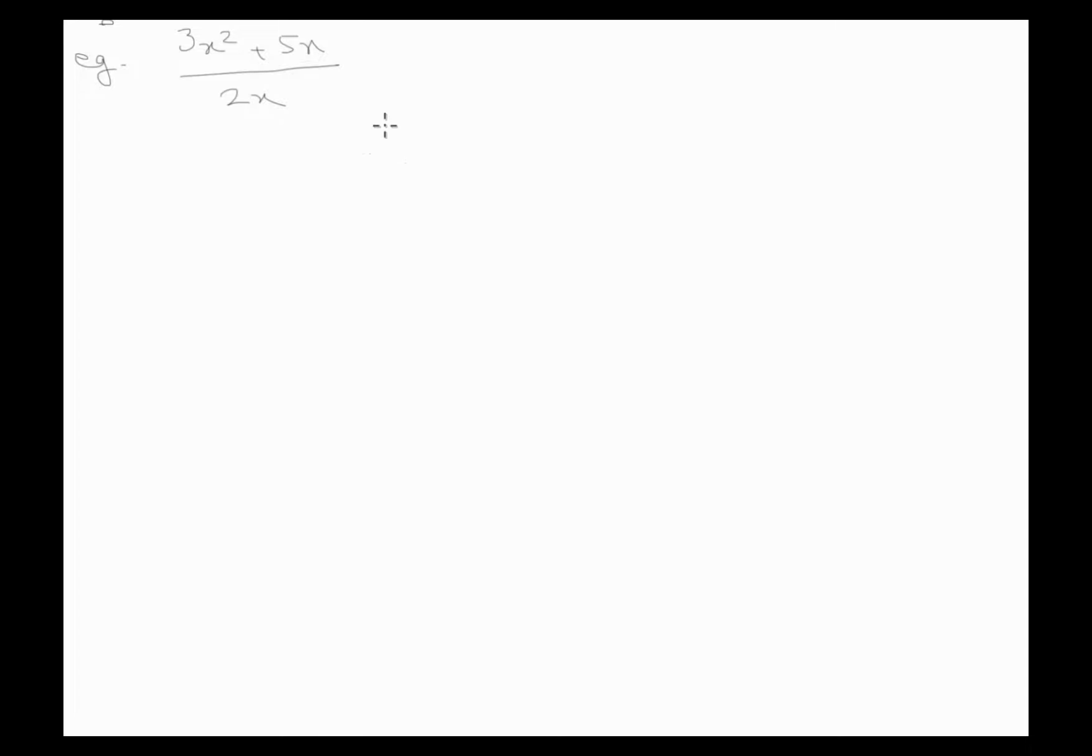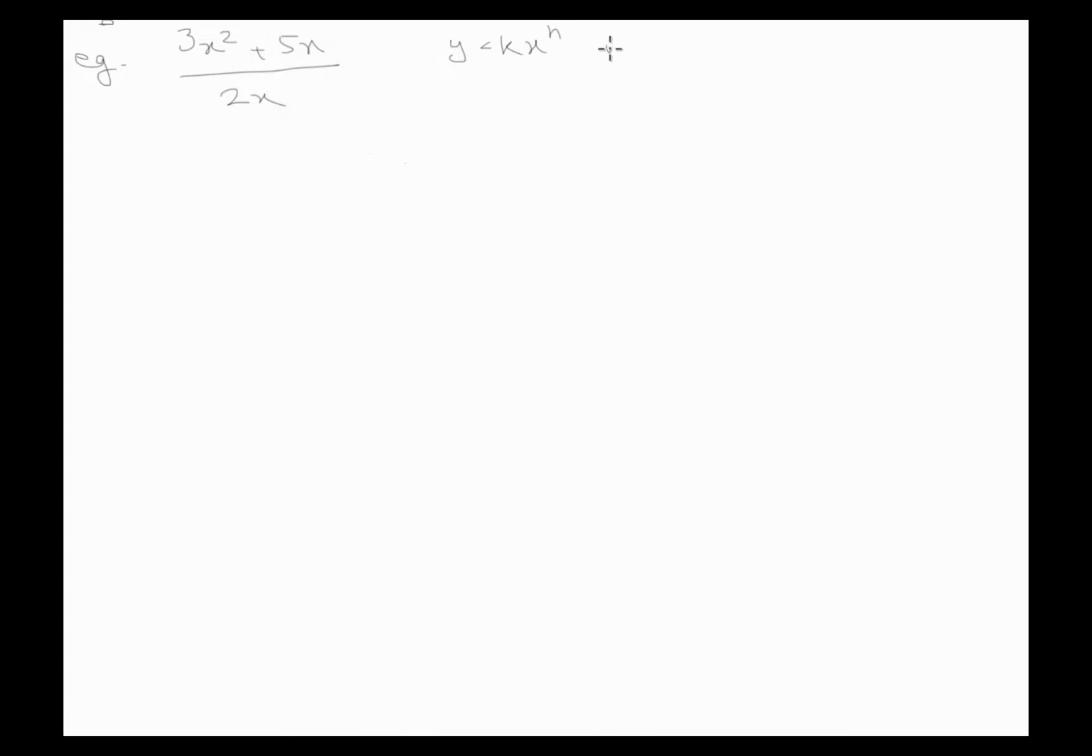Okay, now let's have a look at some other examples. Let's look at this question. So we have (3x squared plus 5x) over 2x, and what we want to do is differentiate this function. So if you think about the rules that we know already, they were y is equal to kx to the n,